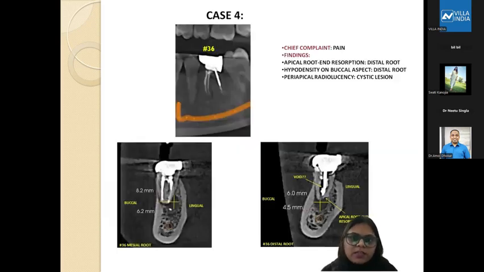Then this one is again a mandibular tooth, 3-6. The patient had come with a chief complaint of pain. Here we can see, we can measure. I think the granuloma is there. We can measure the extent of the radiolucency on the mesial root as well as on